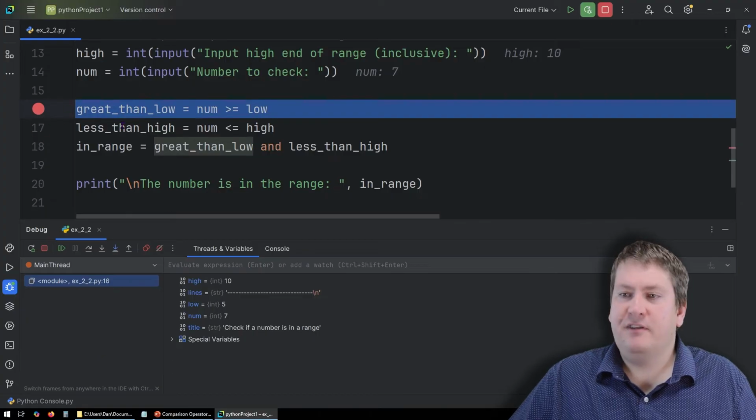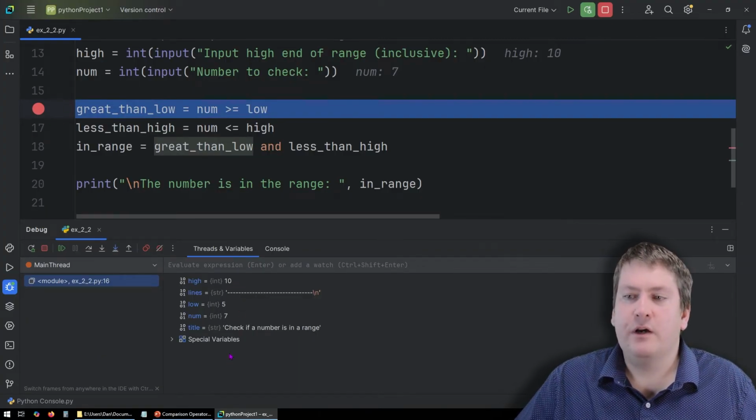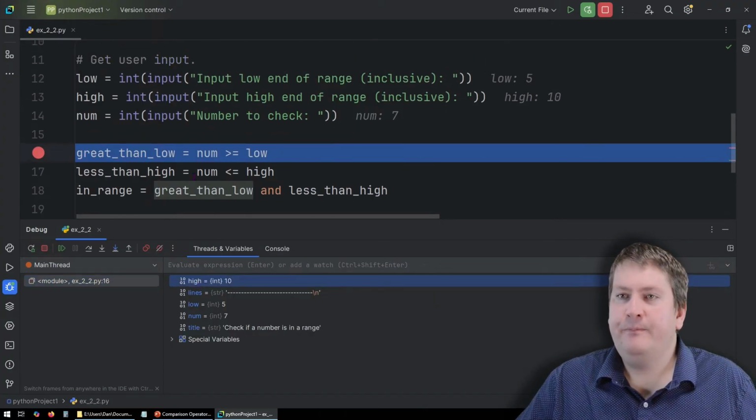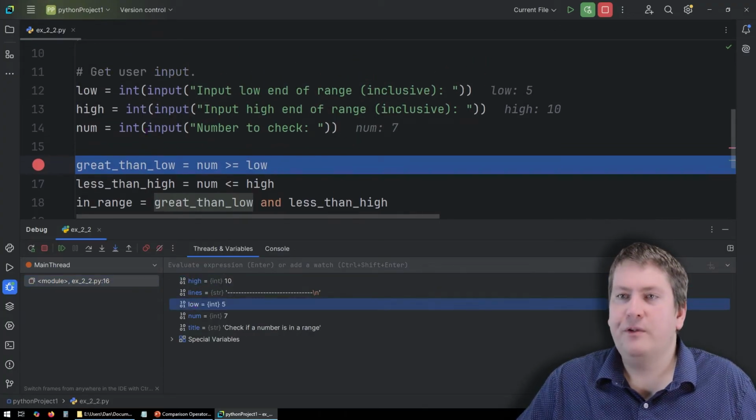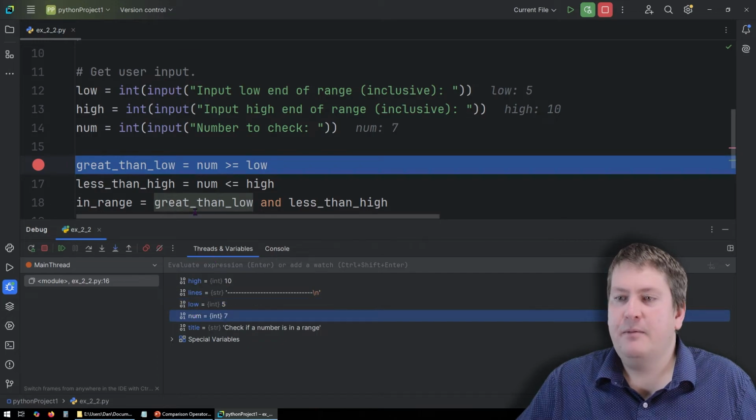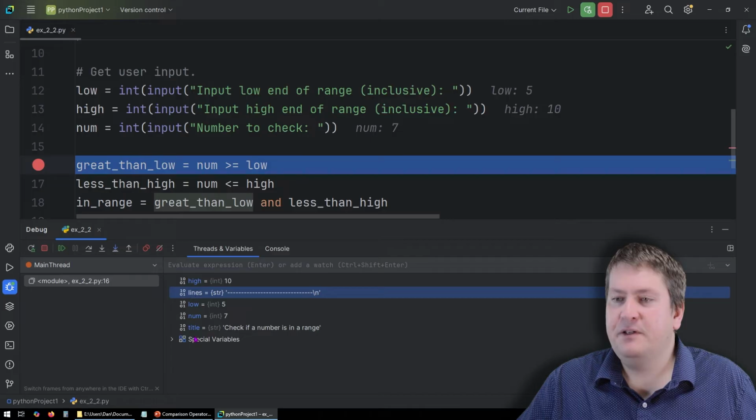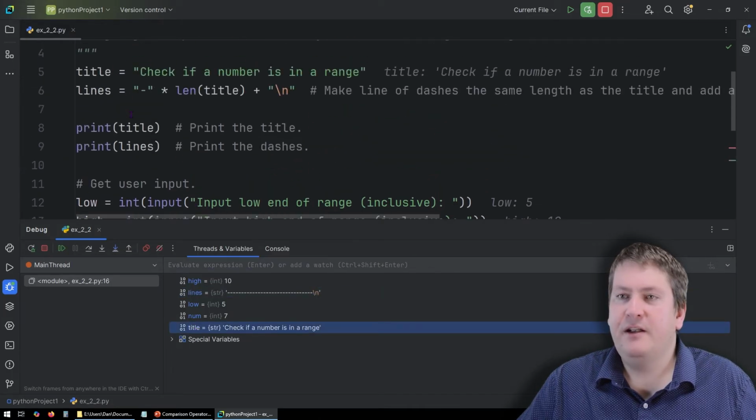So we've hit our breakpoint, so it stopped, and it's showing us what's currently stored in the computer's memory in our debug interface. So high is equal to 10. That's just what we input. Low is equal to 5, what we input. And num equals 7, also what we input. We can also see our lines variable and our title variable, which were set up here to make our nice